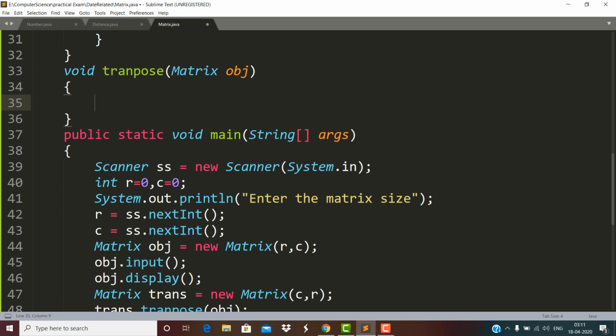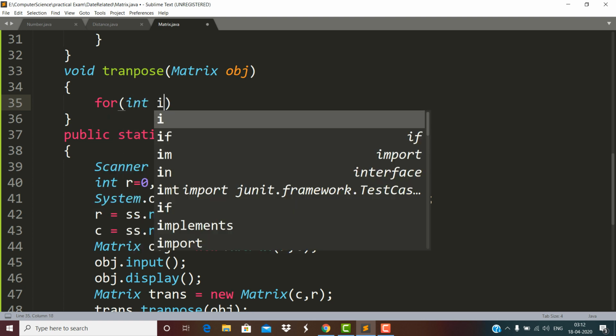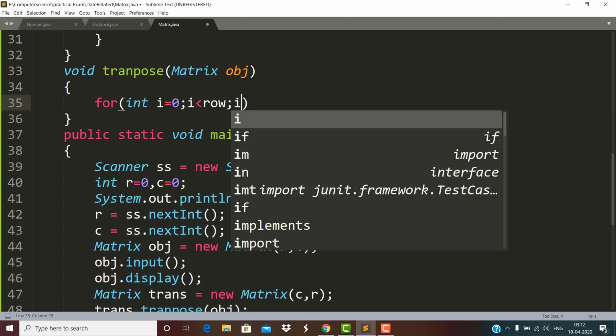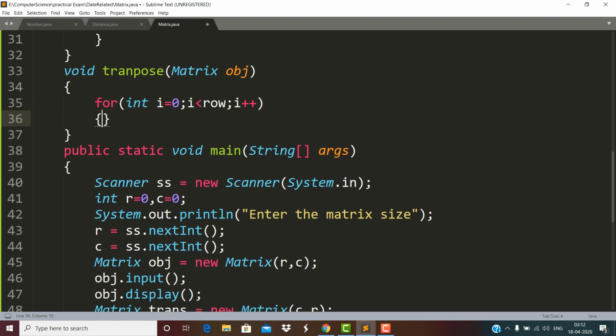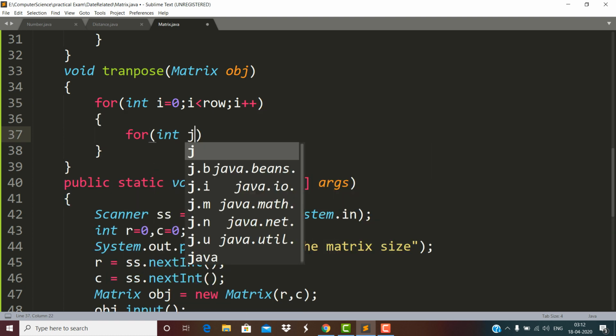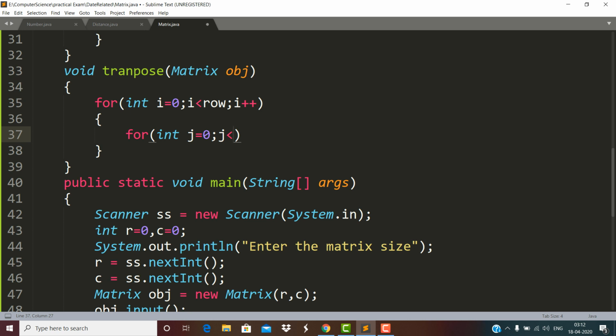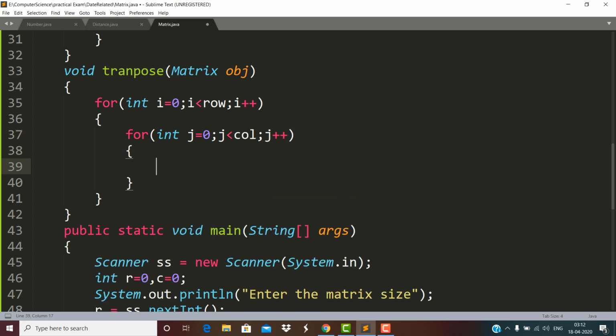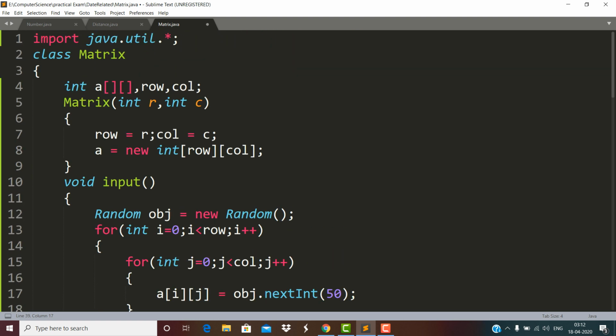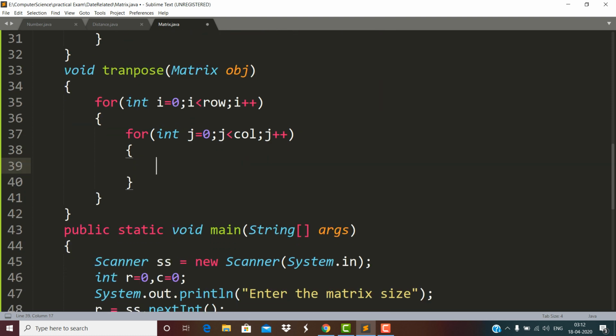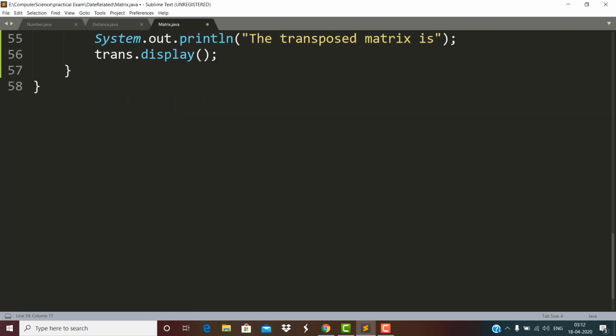For this, what to do? Here I would like to start the loop for the current calling object, which is from 0 to row, and here it is for int j will be 0 to less than column. In the previous video I have explained that if I am simply writing row, which is the instance variable, it means it belongs to the current calling object, and here the current calling object is trans.